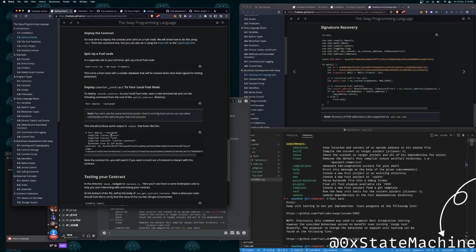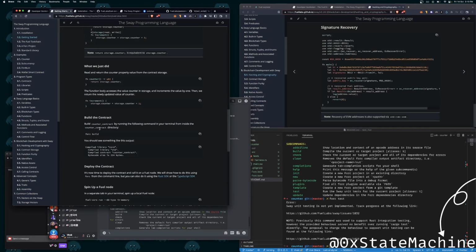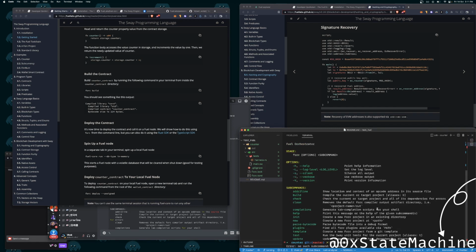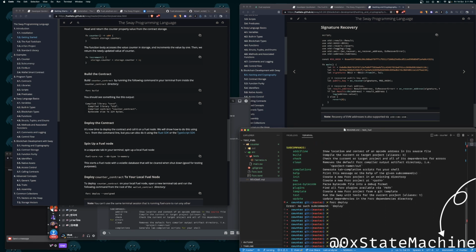Oh, one second. All right, you do 4C build. Spin up a local fuel node. Fuel core run, db type in memory.